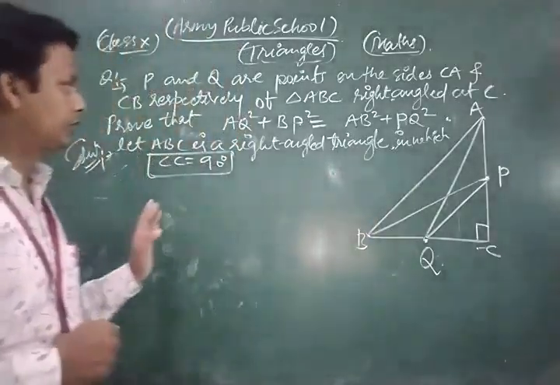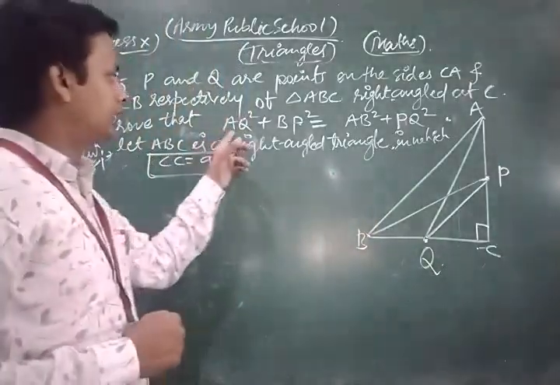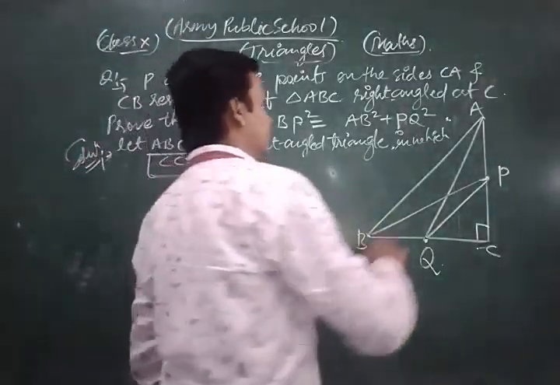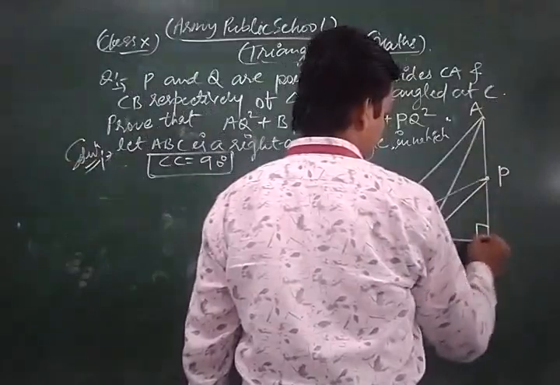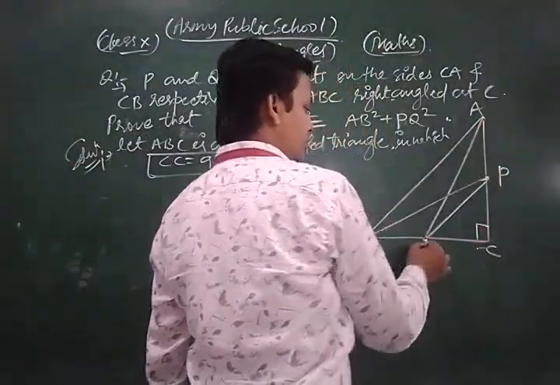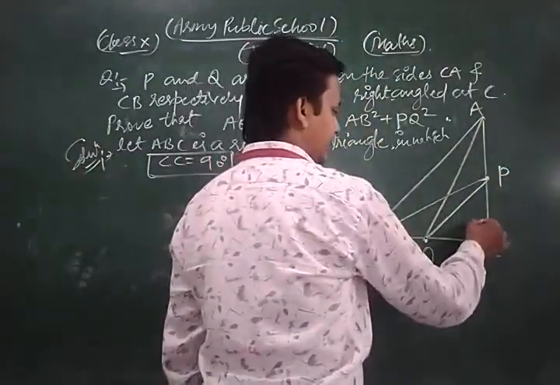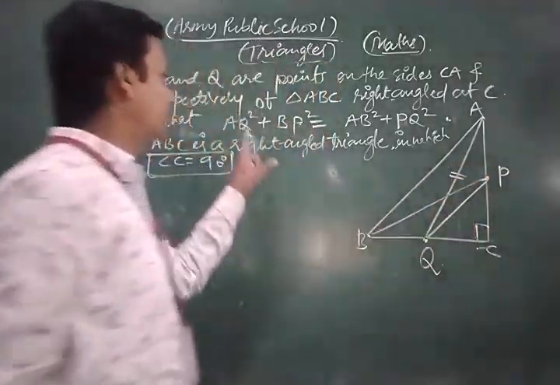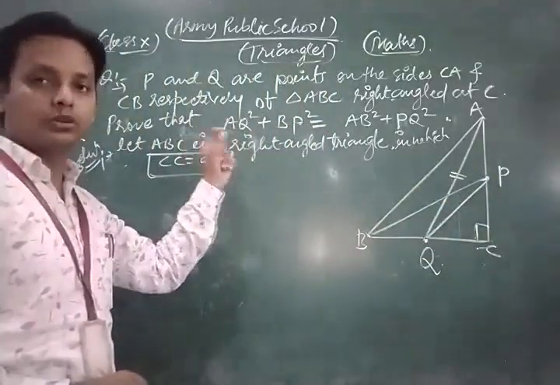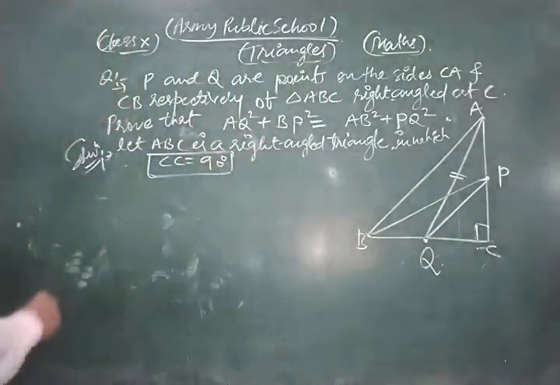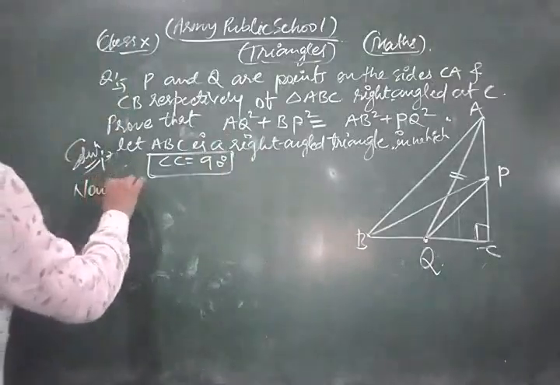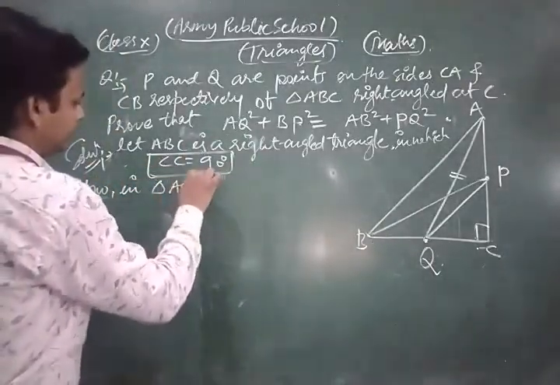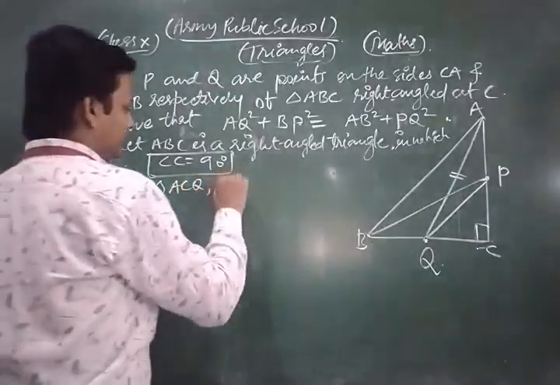Now look, we also know the AQ square. So AQ square is found in which triangle? First of all, we take the triangle ACQ, because ACQ is a right angle triangle and angle C is 90 degrees. So here AQ is your hypotenuse. First we find AQ square according to the proof. Now in triangle ACQ,